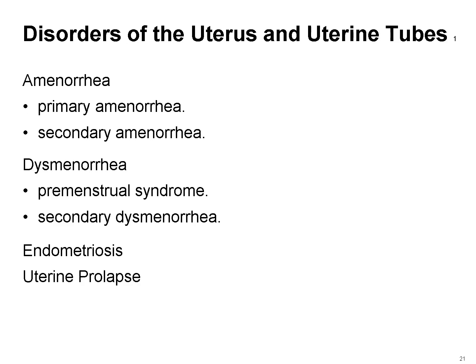Understanding the terminology and conditions related to menstruation and gynecologic health is essential for healthcare students. Let's explore some key terms and their definitions. Amenorrhea is the absence of menses. Primary amenorrhea occurs when menstruation has not begun by age 16. Secondary amenorrhea refers to the absence of 3 or more menstrual cycles in a woman who previously menstruated normally and is not in menopause. The most common cause is pregnancy.